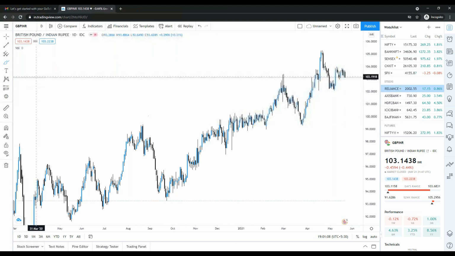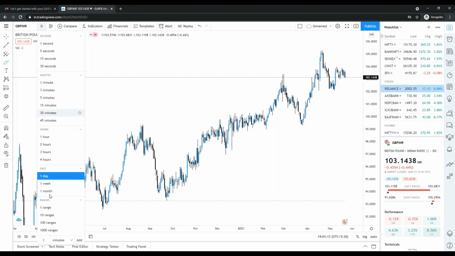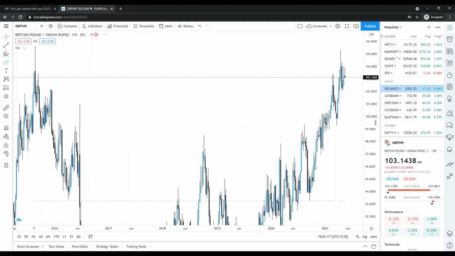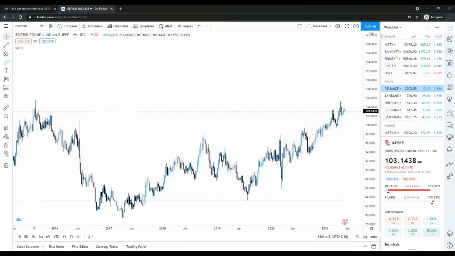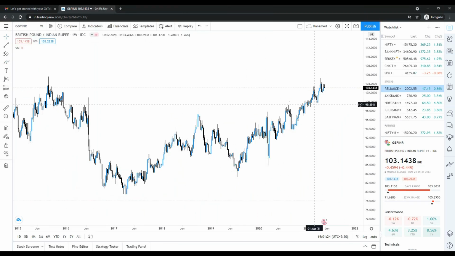Perfect. Then this is the place, this is the one where you can change the time frame. Let me explain once. This is a weekly time frame. So in the weekly time frame, it's up. Again, is it up or down, we will come to that. Okay, this is just the TradingView first session. In this session I'm just trying to explain how to use TradingView. Then in the upcoming sessions we are going to work on this platform for the whole time, and we will be mastering that. Don't worry.